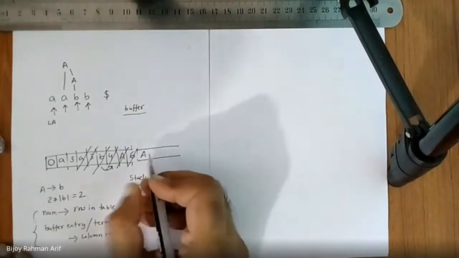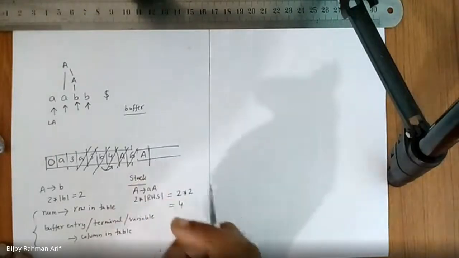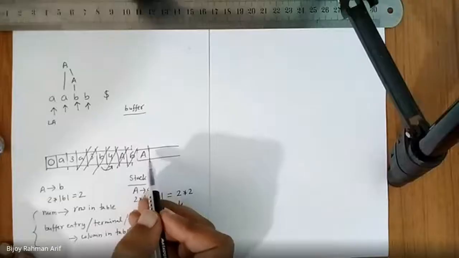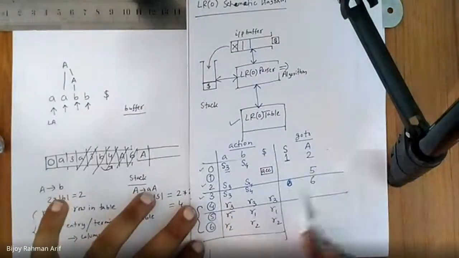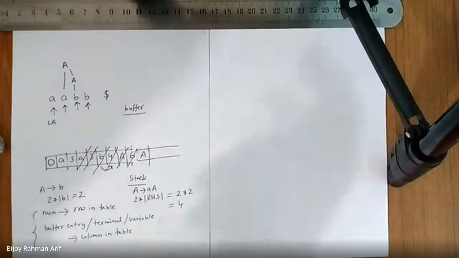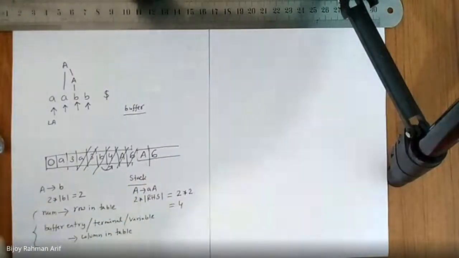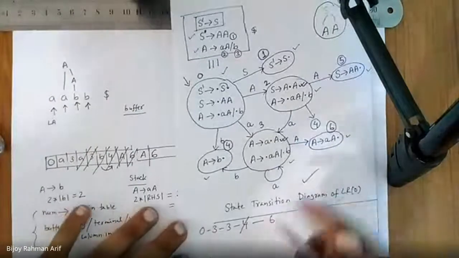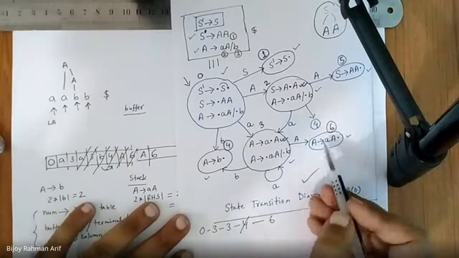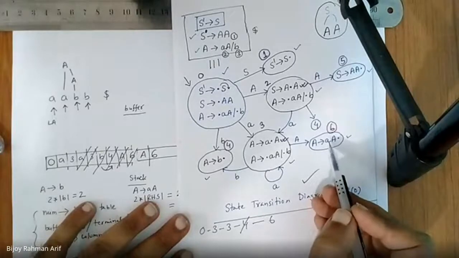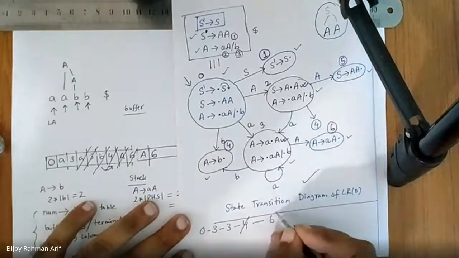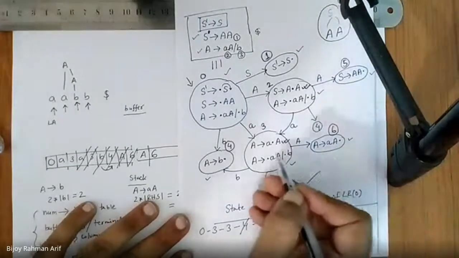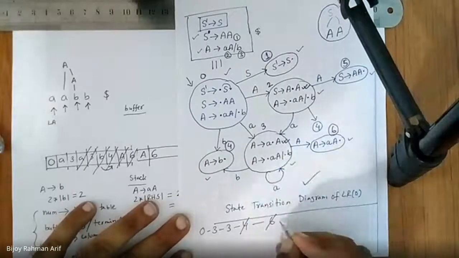Did you get the movement? So what is the new state? What would be the new state? You go to the A just before the state. So it is 3. So 3 seeing A should go to state number 6. So what happened in the transition diagram? So now at 6, you see A derives small a, capital A. So you are going to reduce small a, capital A. So you are going to remove this 6. You come back to here, then you see A again, you should go again to 6.